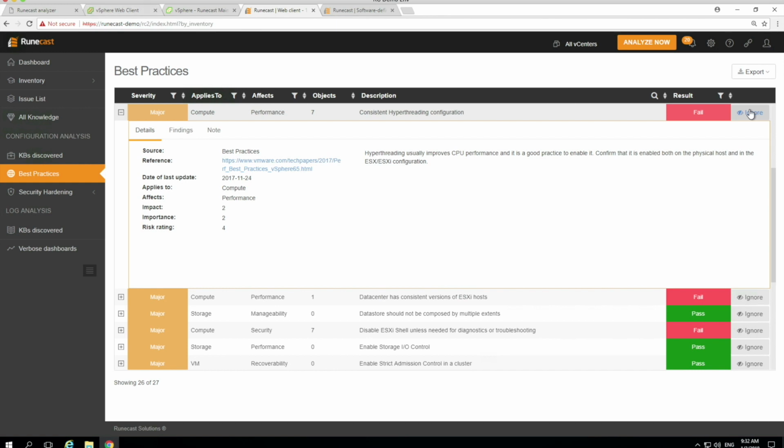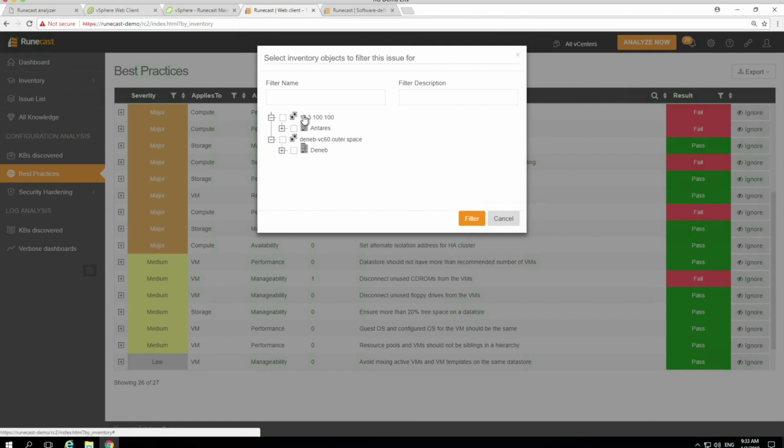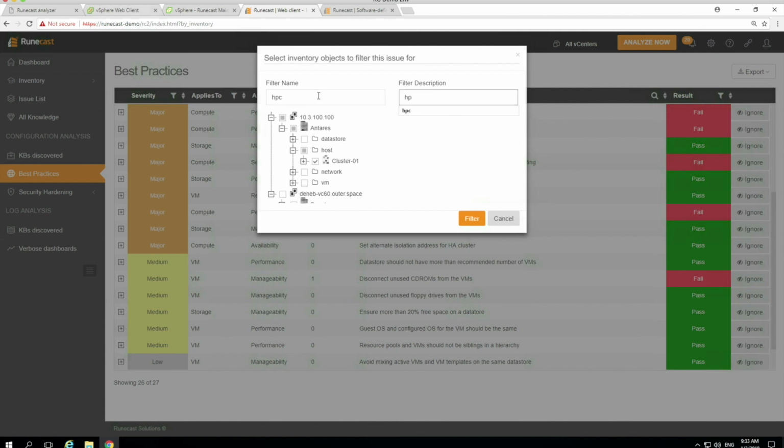So you've got the ability in here to set up filters which will suppress that information in a highly granular way. So it might be that here, this specific cluster is HPC, so I want to basically select that. You can select it at a host level, you can select it at a VM level even, and then you type in the filter here, and that will mean every time the Runecast Analyzer runs, it won't report that problem for that.